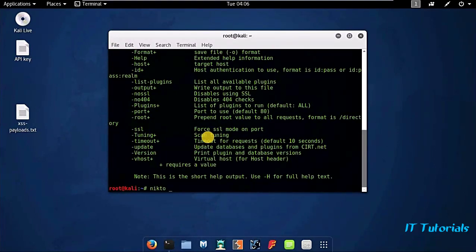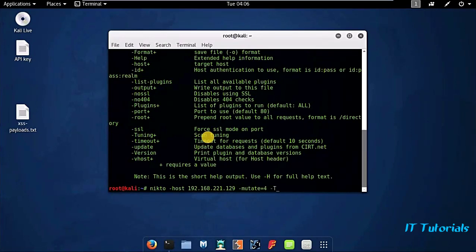What I use is simply the host option and provide the IP address or the target details. You can also provide the website address if you are scanning and attacking a website and web server. In this case, I am using Metasploit, which is running a web server as well, so I am providing its IP address, along with some other features that can be used, like mutate with the options